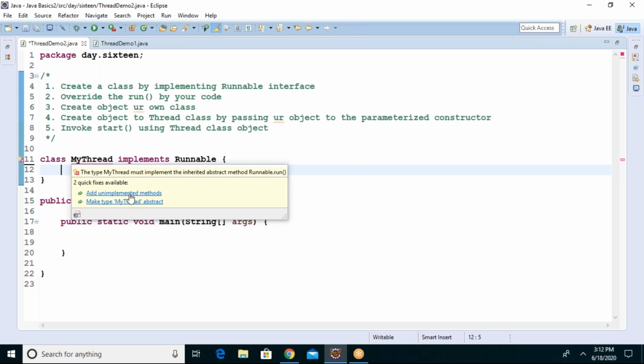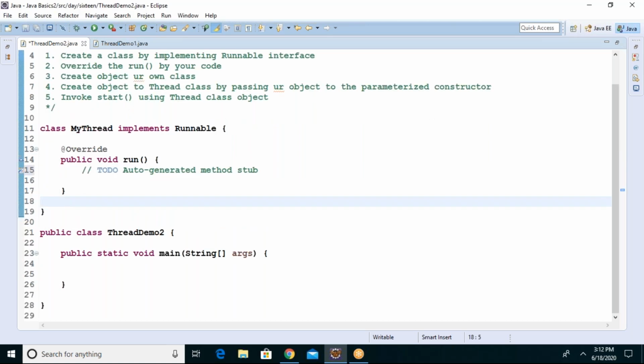Guys, how many methods by default is Eclipse overriding? Only one method, right? That means how many methods are there in the Runnable interface? One method or many methods? Only the run method it contains, no?